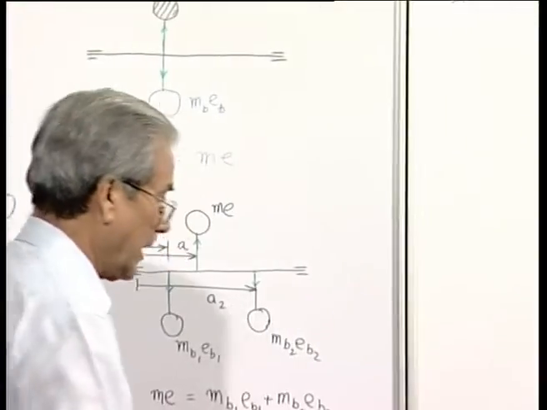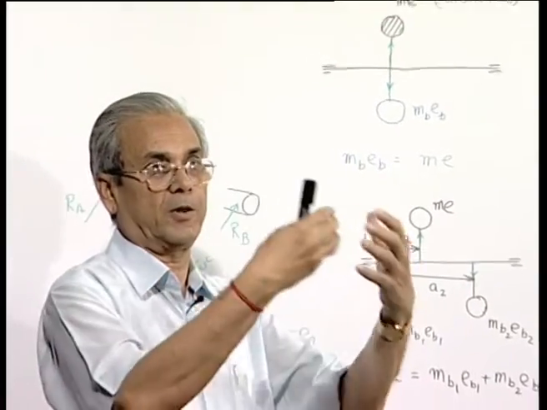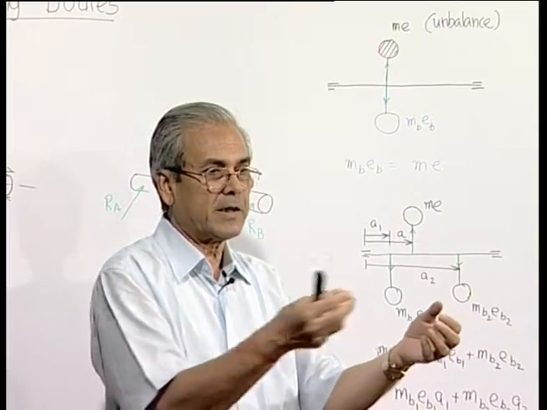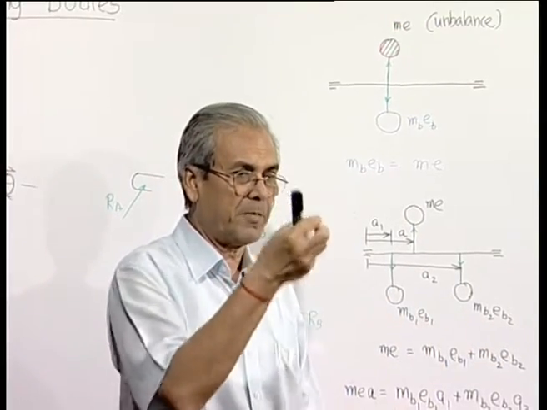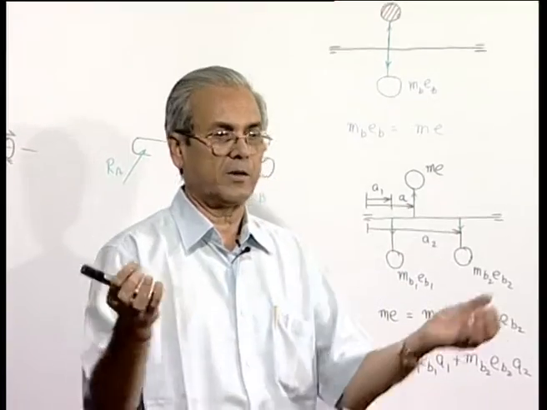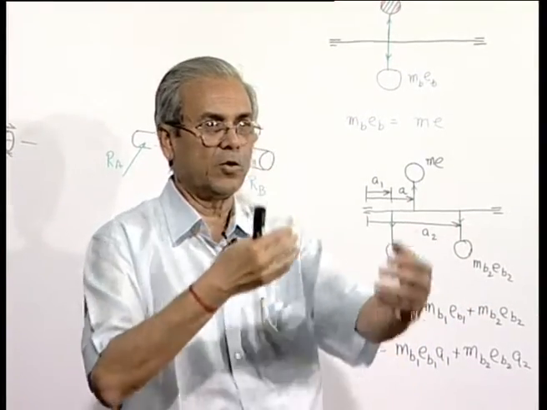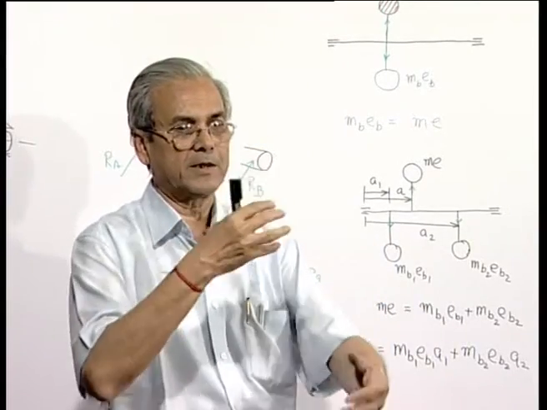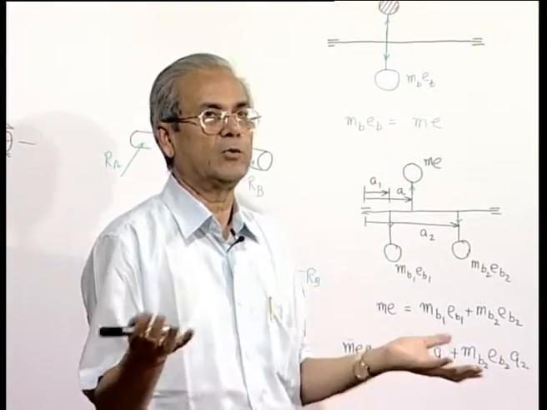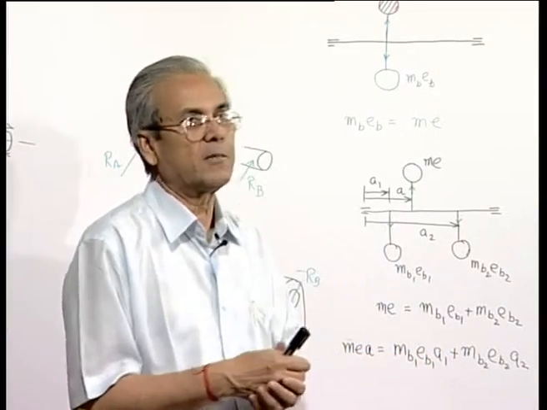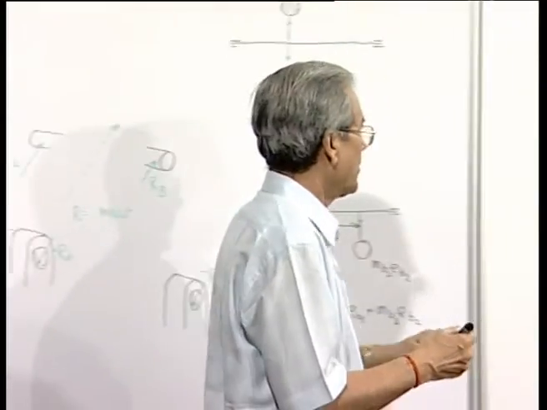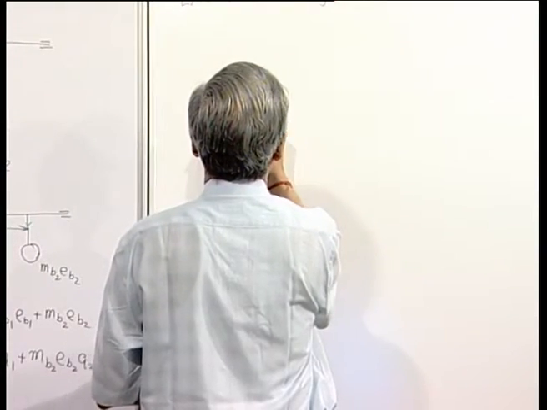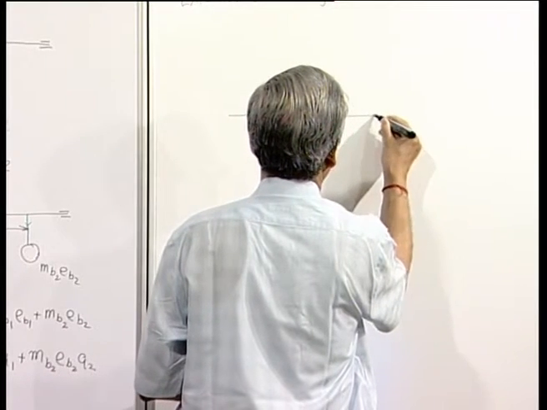That means, if we take a disc or a rotor and we put it on some very free bearing, if the system is completely balanced, that means the center of mass of the whole thing is exactly on the axis of rotation, then you can put the whole system at any position, it will remain there. That means, it will be in static condition, you can put it anywhere, it will appear to be balanced. Such systems are called static balancing, and for static balancing what is needed? That the center of mass has to be on the axis of rotation. That means,